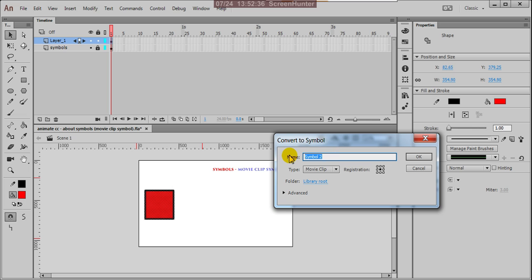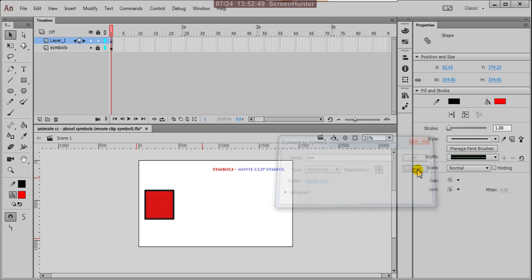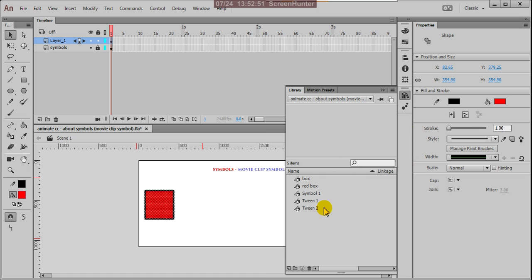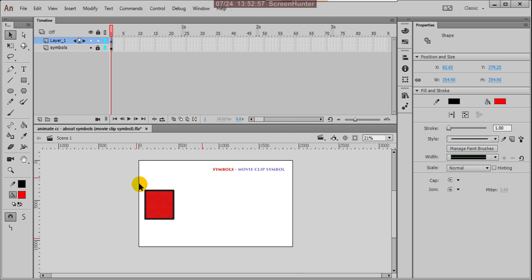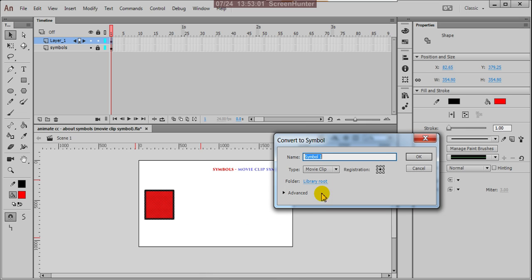Here you can give the name box, and the registration mask can be center for the time being. In the library the previous properties are there, so I'm removing all these, not required now. So now you can convert this into a symbol again, and name it box.